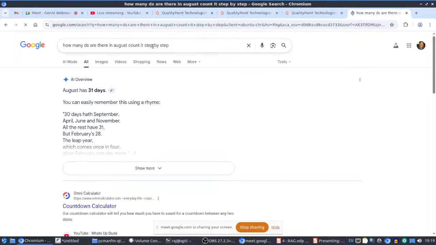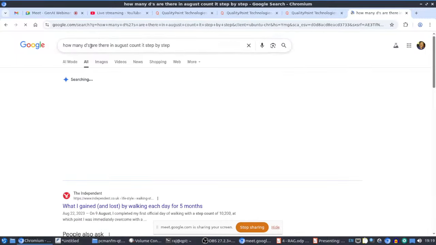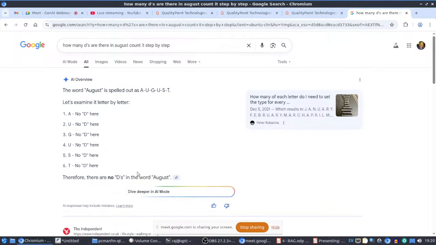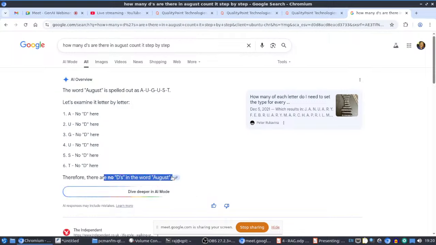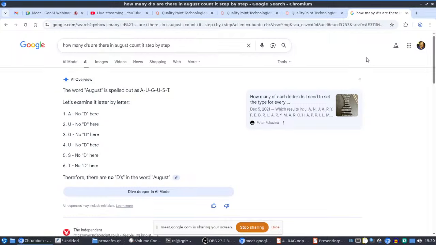So now it's saying there are no D's. Previously it was saying one D, right? Okay, so that step-by-step keyword, chain of thought prompting, will be somewhat useful, but still there is no guarantee that it will always give the correct answer. Even school children can easily count how many D's are in August, right? For that simple question itself, it is not able to give the correct answer, and even